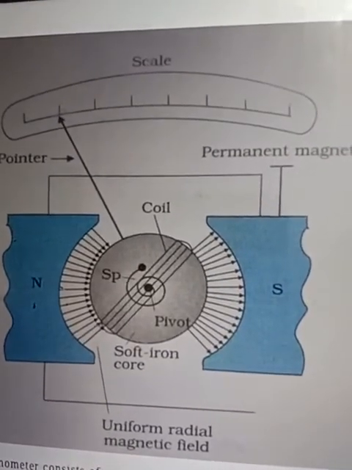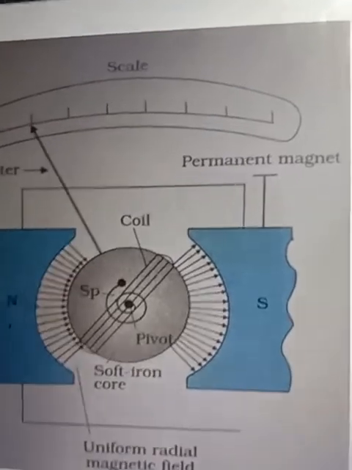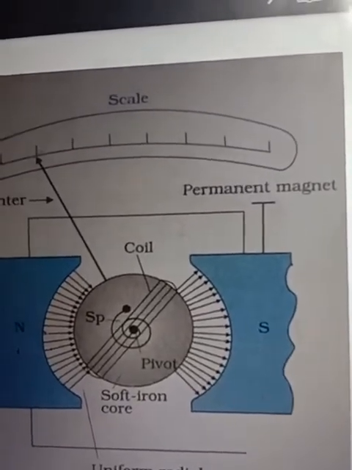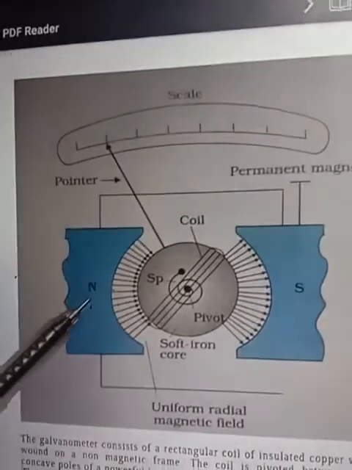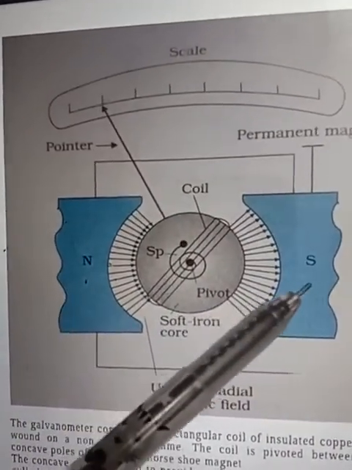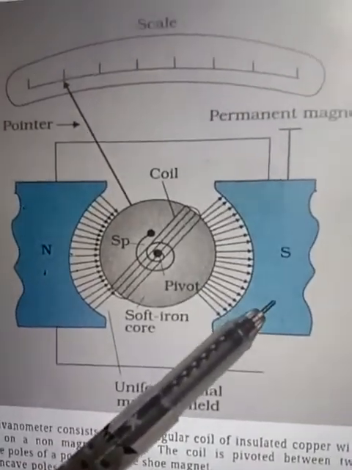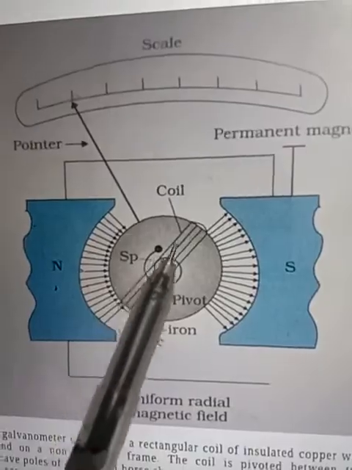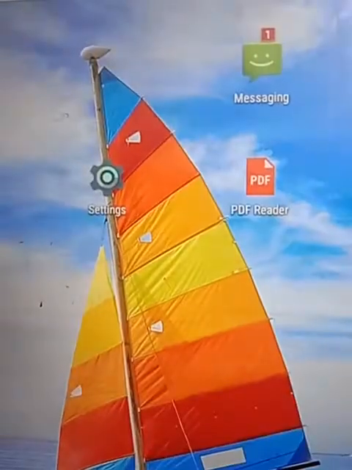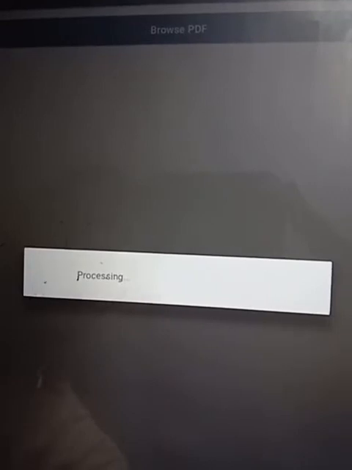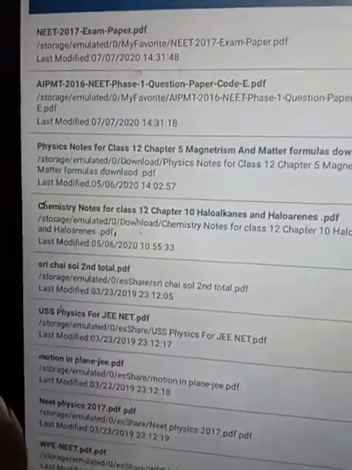Here in this particular case, this is the north pole and this is the south pole. You see, this N indicates the north pole and S indicates the south pole. These are the two horseshoe magnets, and these are the coil, current carrying coil, rectangular coil, which are placed in a rectangular field.